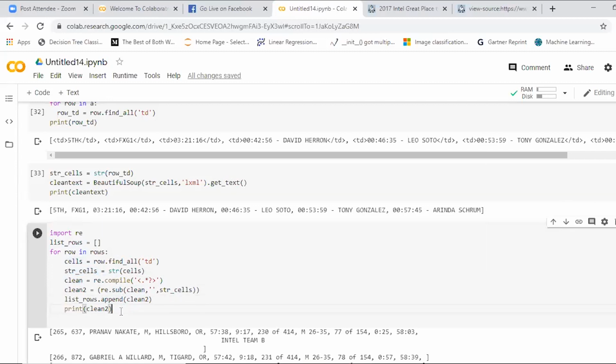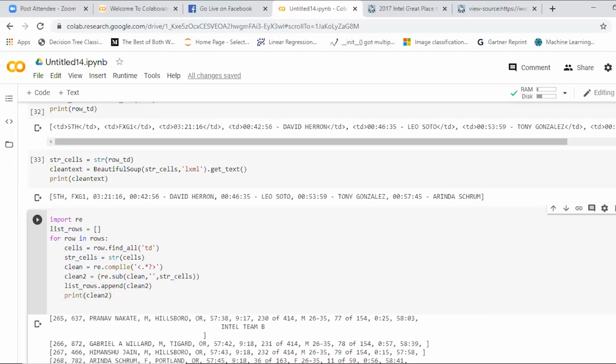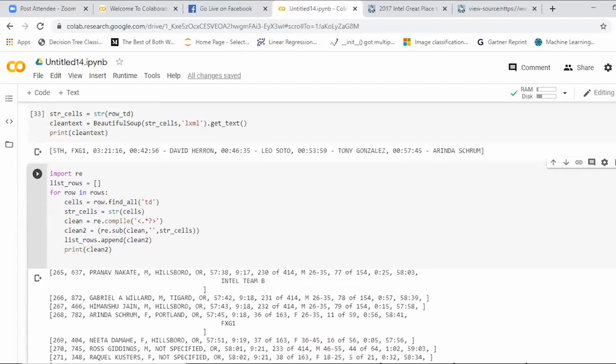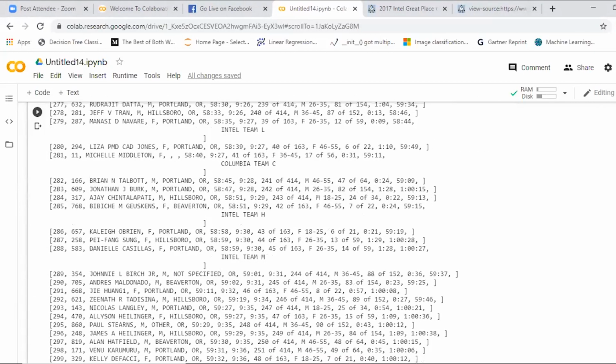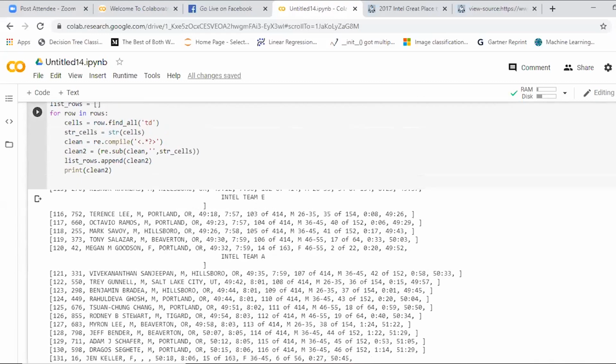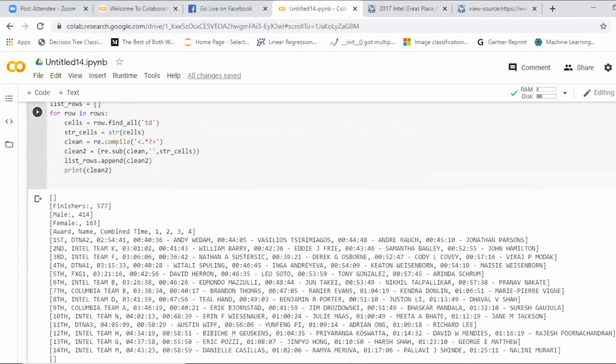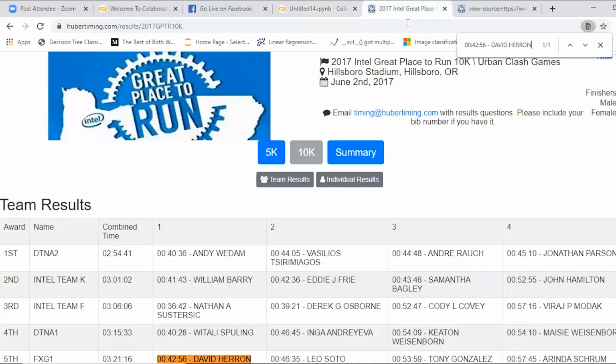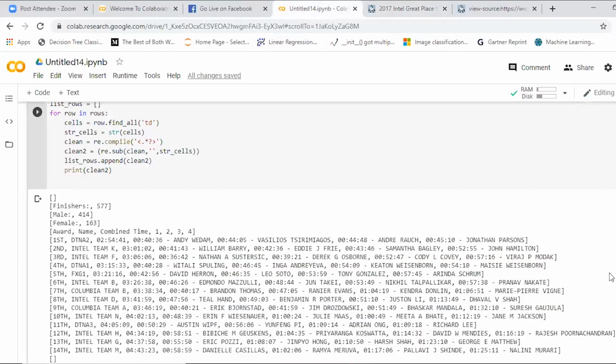You get each and every data form. If you scroll up, you can see, yes, is your question clear? You can directly scroll up and see the first one is finishers, 577. You can see the page finishers, 577. This is in the format of key and value, in the format of a dictionary. You have the same thing, right? Is this clear till here?